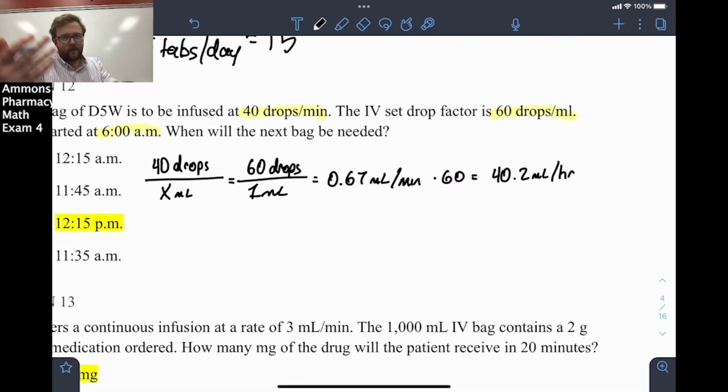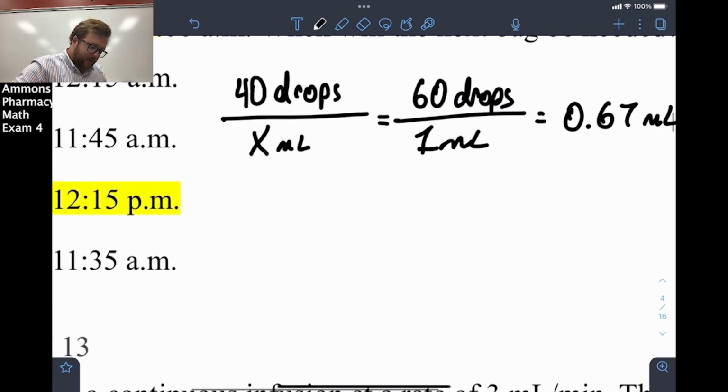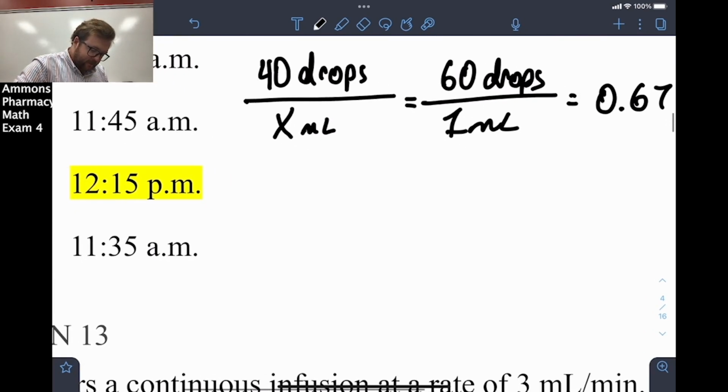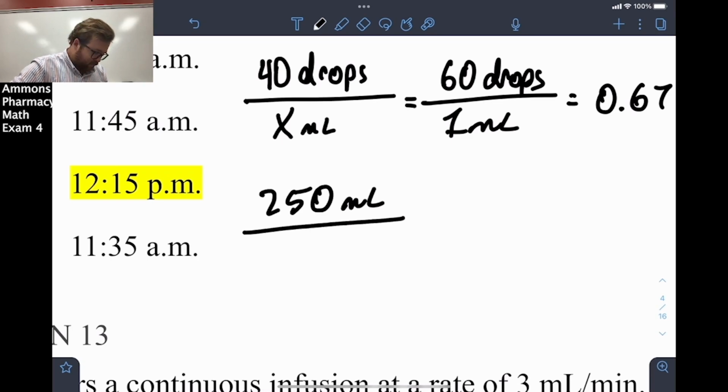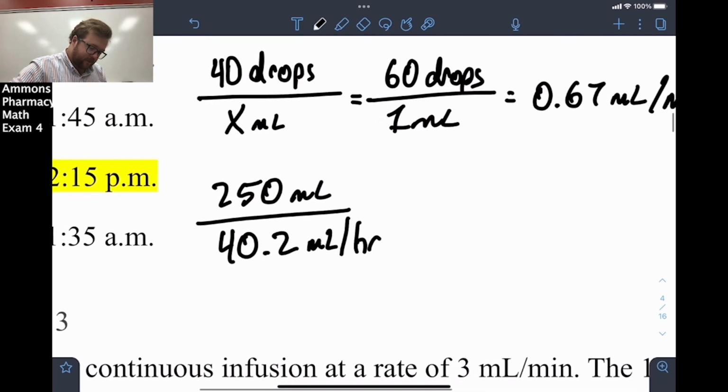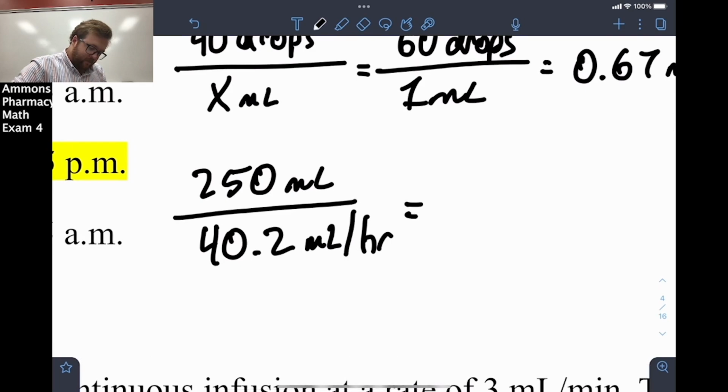So if I did it the other way, I would just have to divide it by 60 again because I was in minutes. But 40.2 mils per hour, and we have 250 mils. Once again, saved by multiple choice. So 250 divided by 40.2